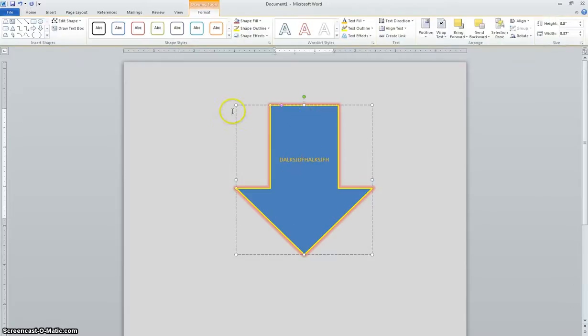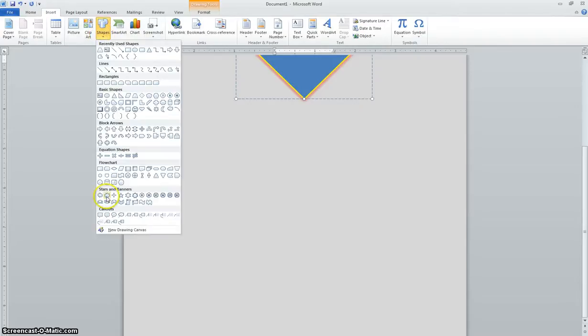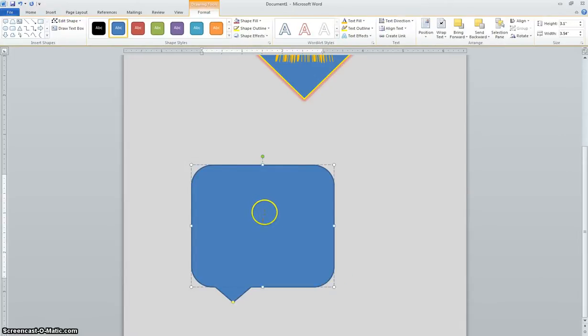One other thing I want to bring to your attention: if you insert a shape and you go down here to callouts, it's very easy to draw your callout. This is like a bubble, like what somebody would be thinking or saying. It's hard to see probably in the video, but the cursor is right there. So if you wanted to then type, we are waiting for the school bus,